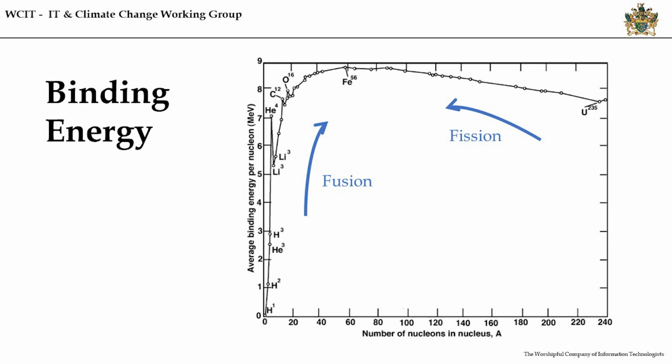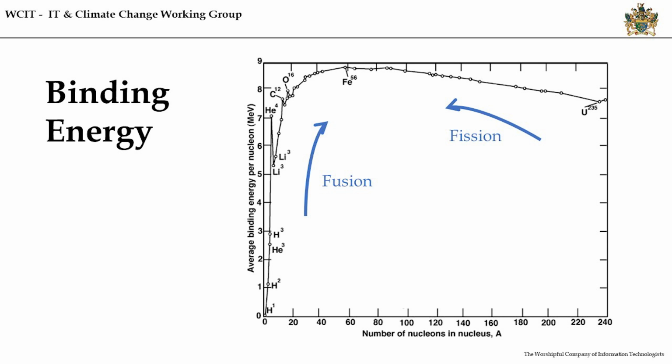What we're trying to do with fission and fusion is look at where we've got low binding energy, where the protons and neutrons aren't bound very tightly. They've got a bit of room to wiggle and maneuver and be quite energetic. And we're looking at moving from these low binding energy states to high binding energy states where they're constricted, in fact, really tight. So in fusion and fission, we're looking at two different sides of the same graph.